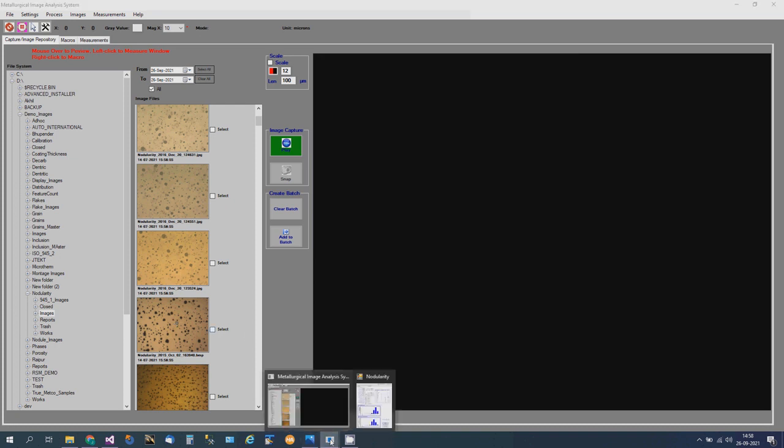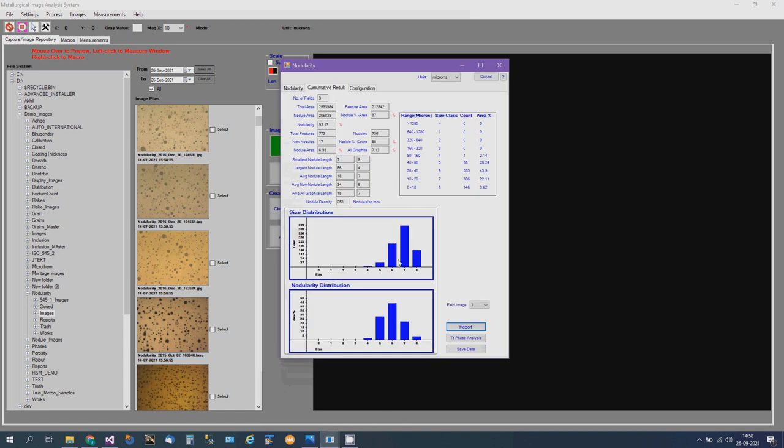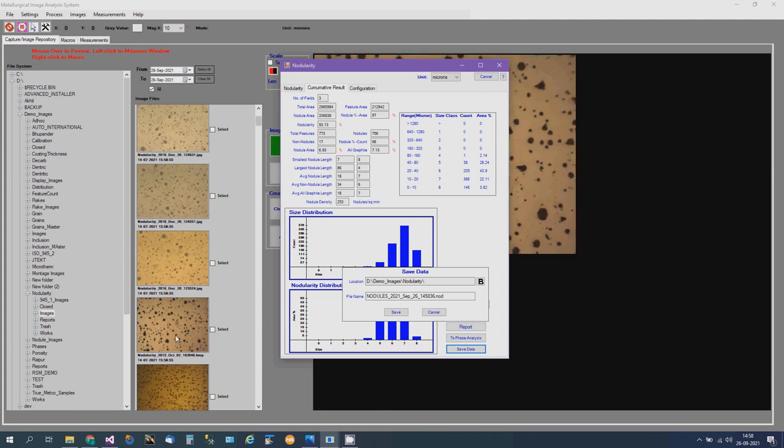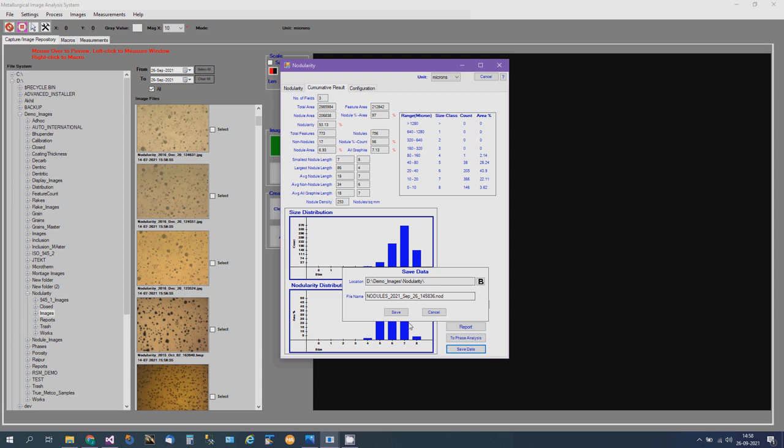So in this data, we get information about graphite, basically the size, shape, count, area, etc. In the phase analysis, we can also add our nodule data, which we will cover when we do the phase analysis. You can either immediately transfer this data to phase analysis, or save it as a file which you can restore when we do the phase analysis after etching this sample. Right now I am saving it. We will recall this when we are covering the phase analysis. We will import this data.